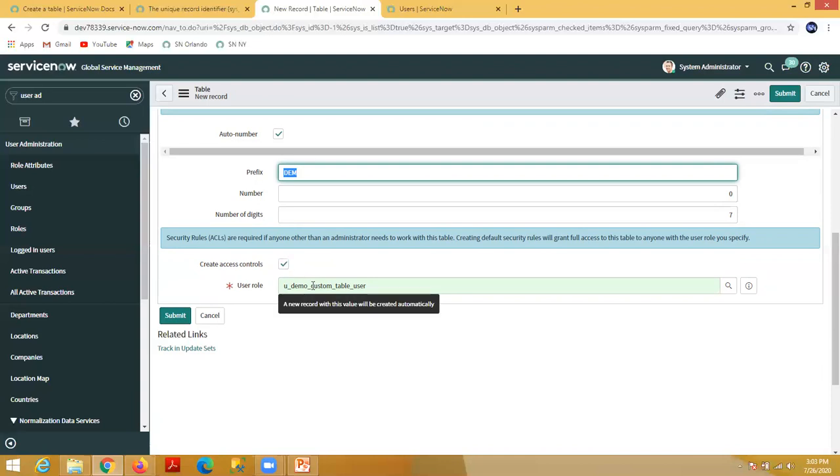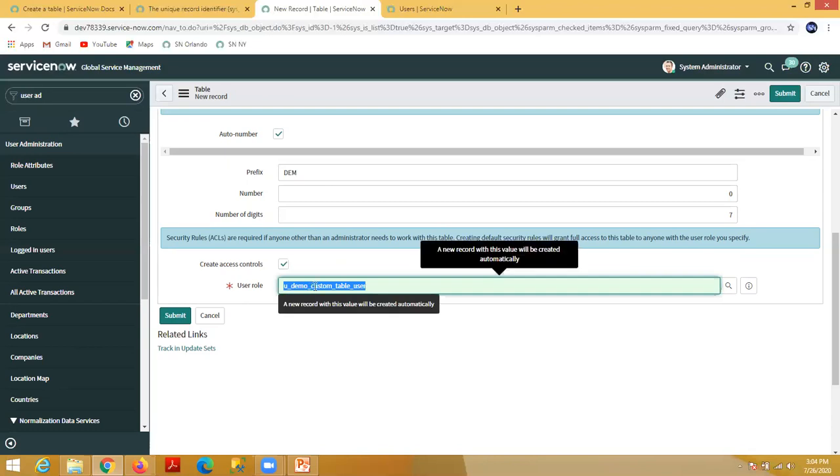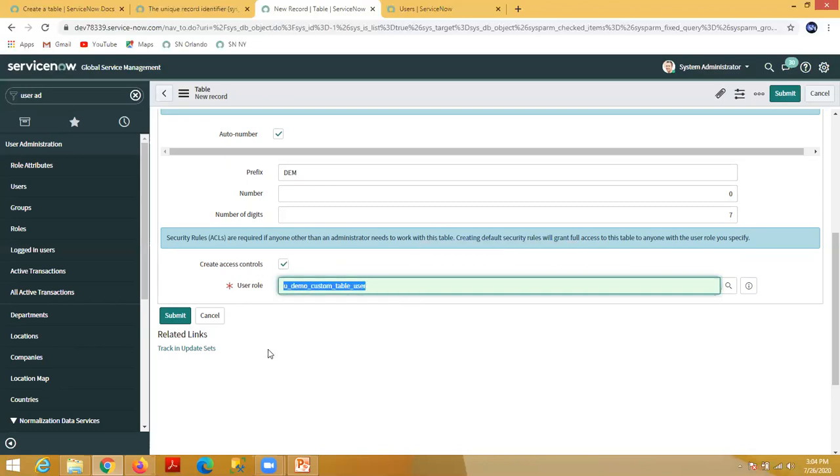So the system will create your default ACLs, and you can see the user should have this u_demo_custom_table user role, and only then that user can read, write, delete or update any record inside the table. I don't want to create any ACL here, so I'm just unchecking this.